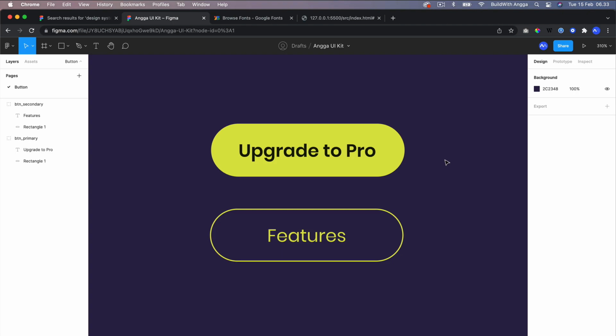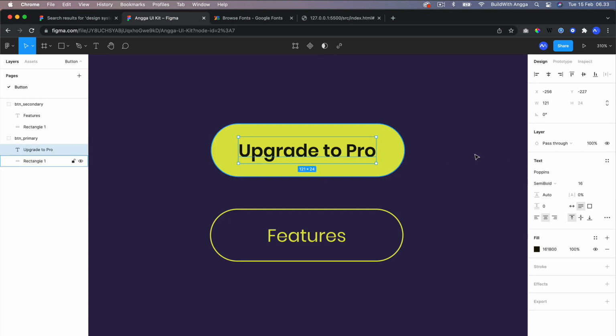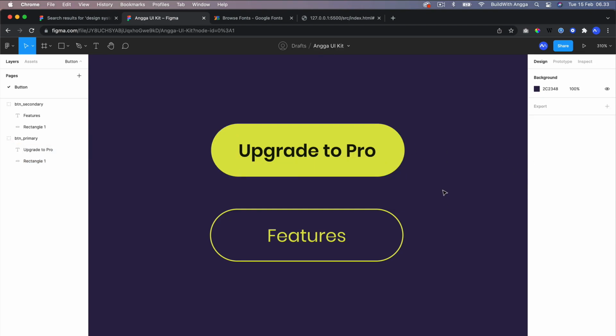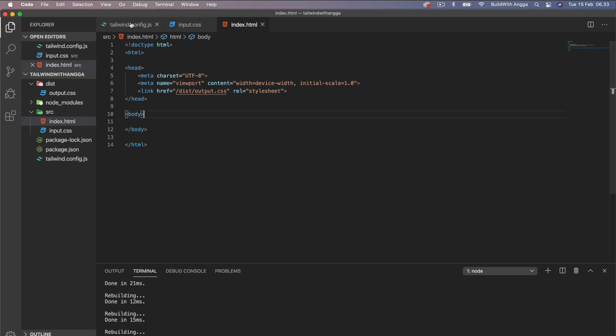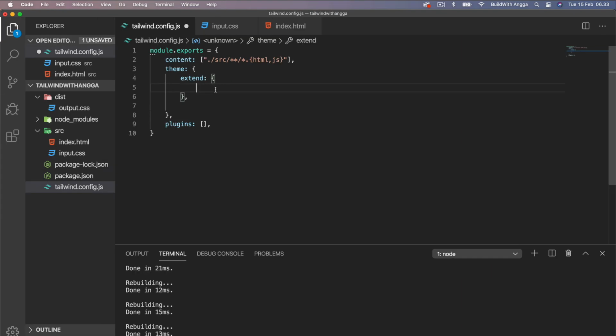So first things first, we're gonna register this color 1, and then 2, and then 3 colors in our Tailwind project. So we're going to this config, and we need to write this in the extend as colors.